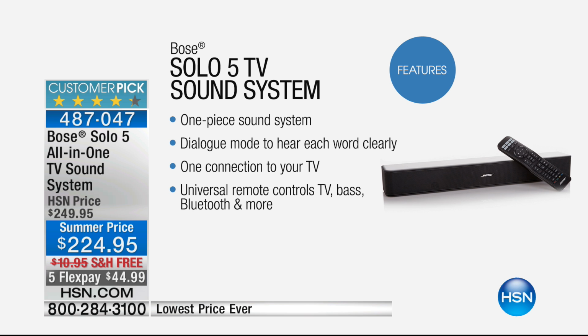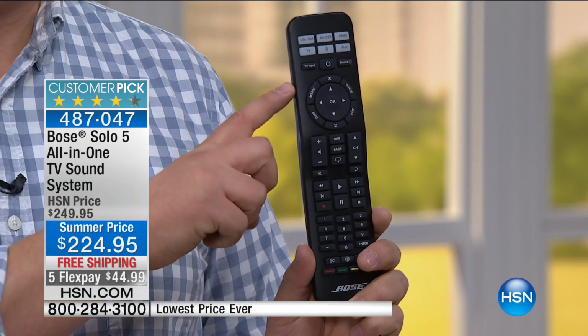There are no additional speakers to place around your room. There's no subwoofer that you have to attach. It is one piece and one connection. There's even a universal remote control, which I absolutely love. This is a great little piece because these are those little details we talk about when it comes to simplicity,